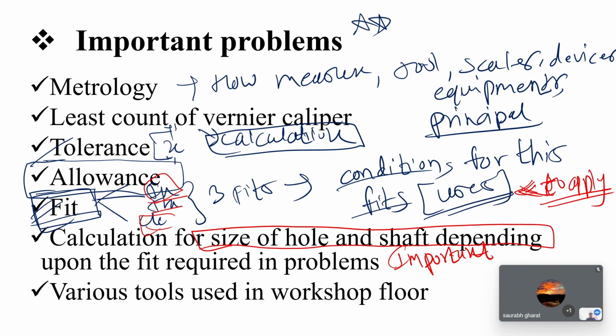Transient is in between, so it's not that important, but clearance and interference are important. Again, the conditions and uses of these fits, and the calculation of hole and shaft depending upon the fit required in the problem, maybe interference